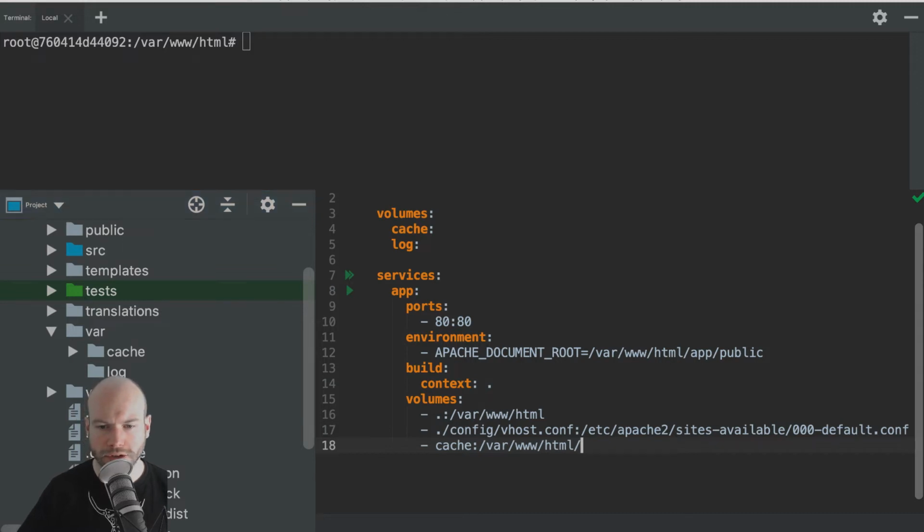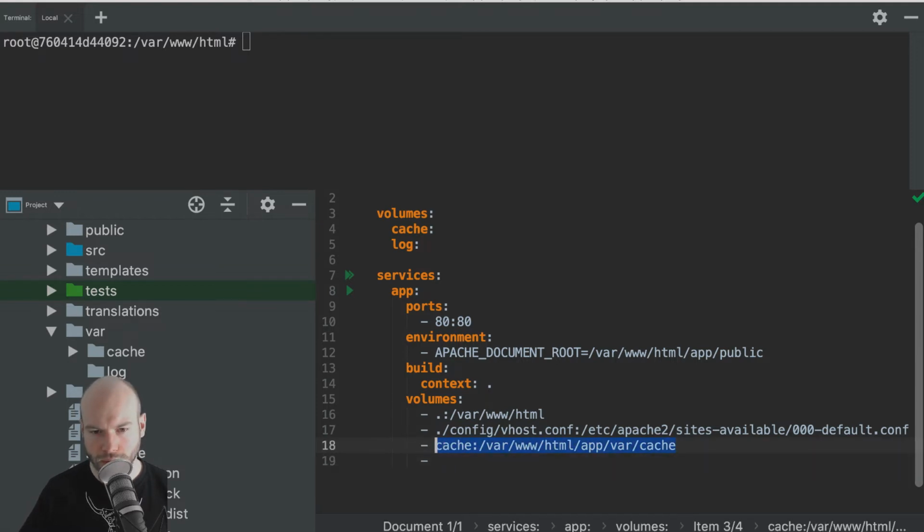Yeah. So it is html/app/var and then cache, like that. And then again, we're going to do the same, but for log. Like so.